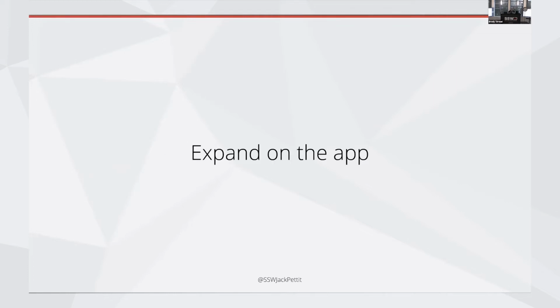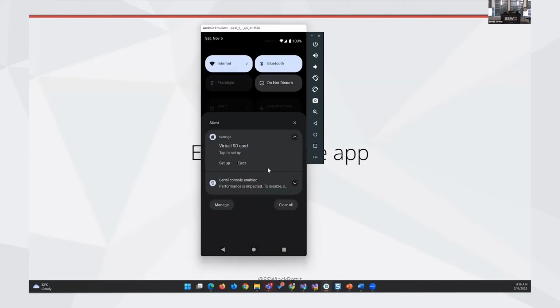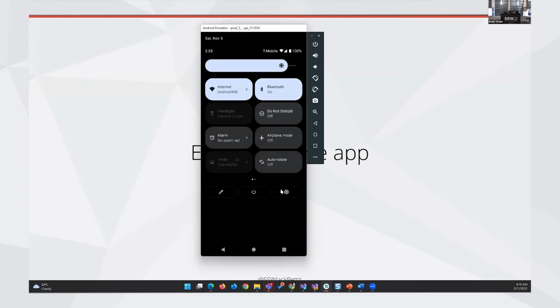So let's go back to the app and hopefully it has built. It looks like it has. Let me just bring it over here. Cool. So this is what you get from the hello world starting project. We get a little hello world, a little click me, and once it's been clicked, you will see clicked, and then eventually it will show the amount of times it's been clicked. Currently using dark mode, so this does support light mode as well,